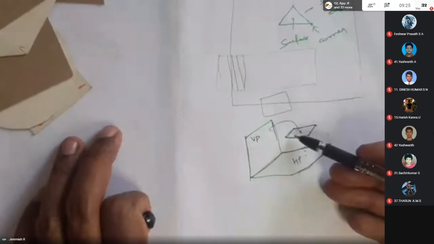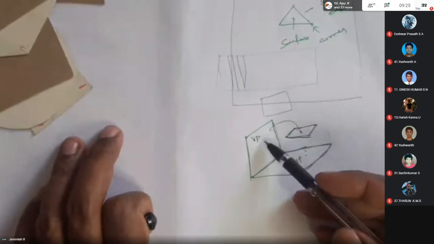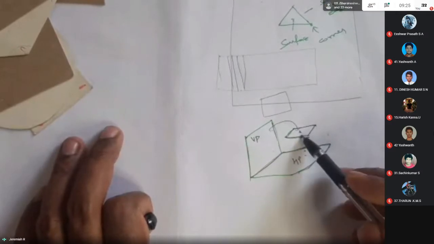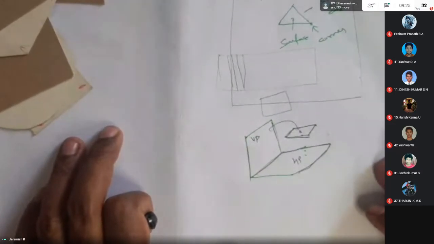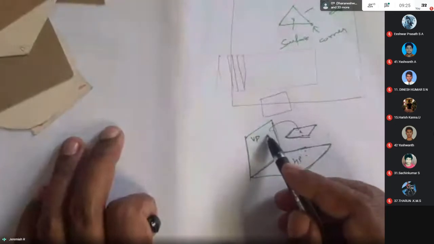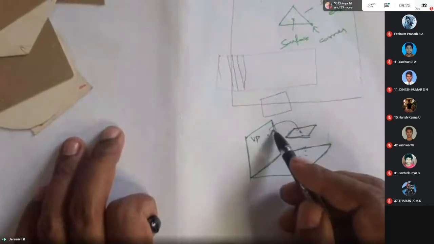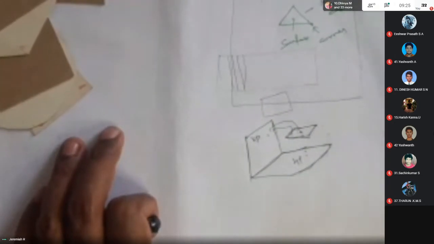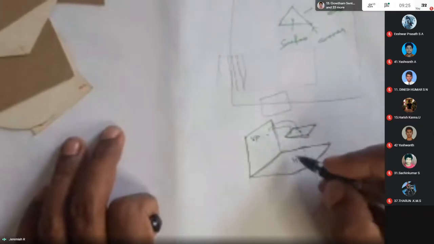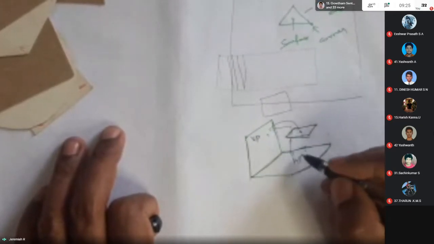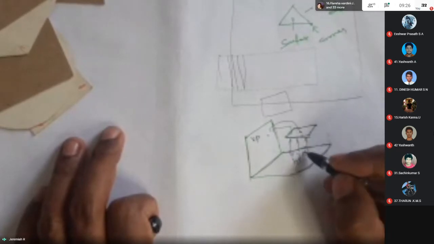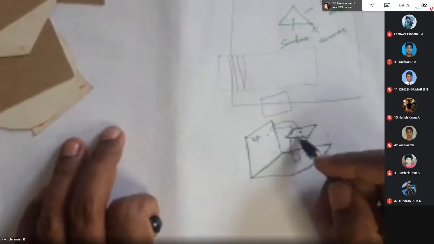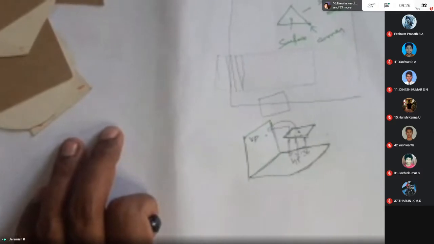So this is a lamina, that is a square. This particular plane surface is perpendicular to VP, so the vertical plane and this plane surface are at 90 degrees. When you say parallel, if you measure the distance from the horizontal plane, at any point the distance should be equal. Measure here 50, 50, 50, 50, then it is parallel to the horizontal plane.